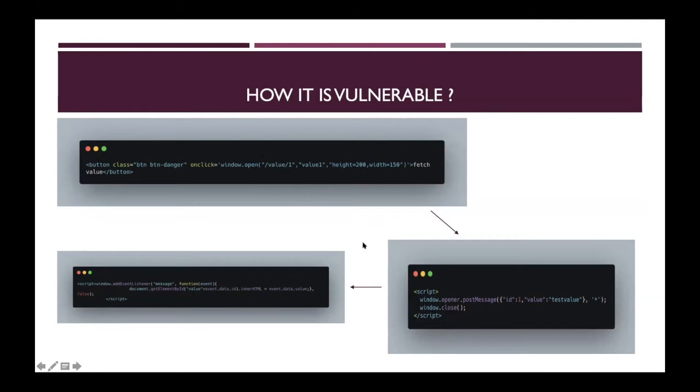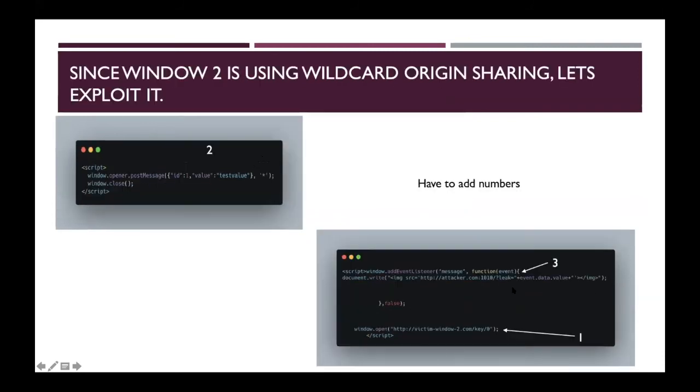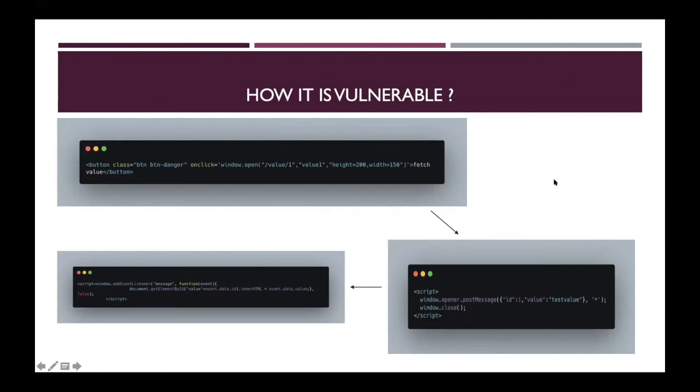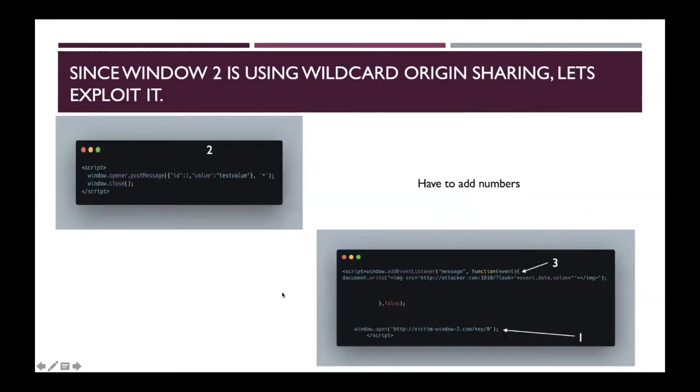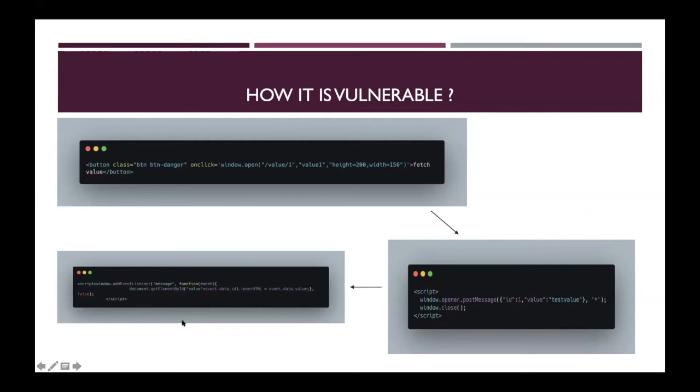Now this particular page contains the postMessage function, which will share the sensitive information with the main page. Since the developer is using the wildcard origin, or star, in the postMessage function, it is sharing all the sensitive information with all the event listeners which are continuously listening. And as you can see, it is passing the value into a getElementById, and directly rendering the value which is coming from the postMessage function.